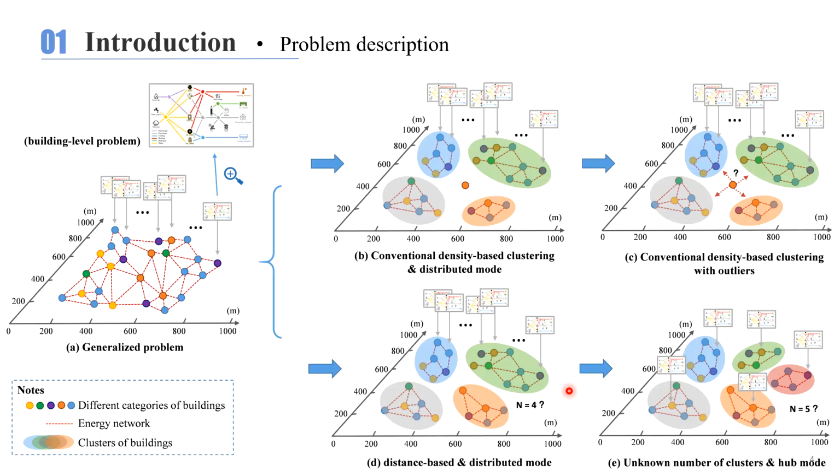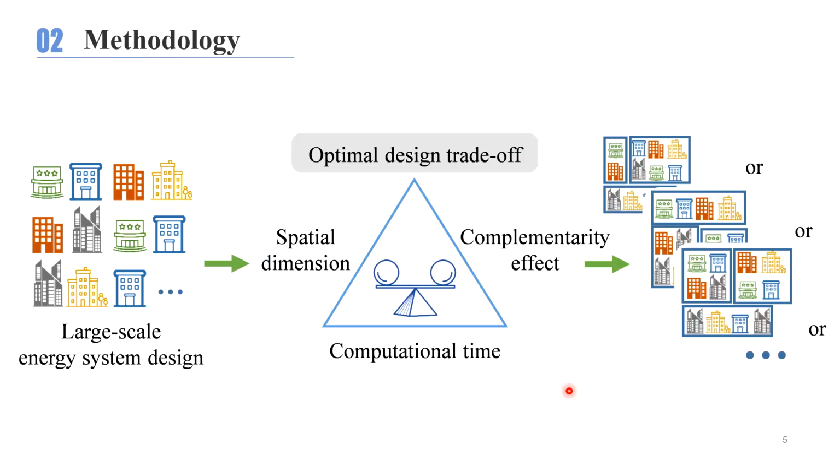In order to better solve the large-scale energy-water optimization problem, a novel clustering approach is proposed in this study. It increases the flexibility of spatial decomposition, balances the trade-off between solution accuracy and computational time, and also considers the complementarity effect at the same time to further improve the project benefits. All these efforts are made to find the optimal solution efficiently and analyze the relation between energy and water systems in a more practical way.